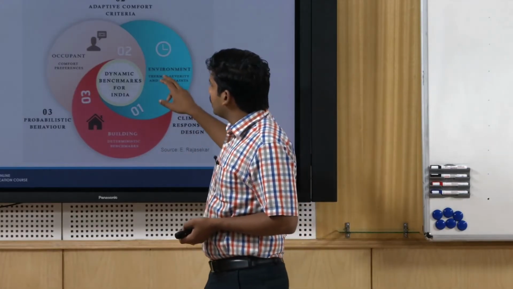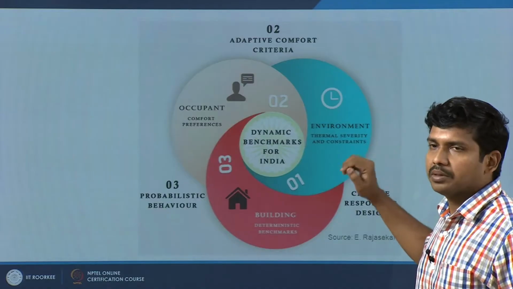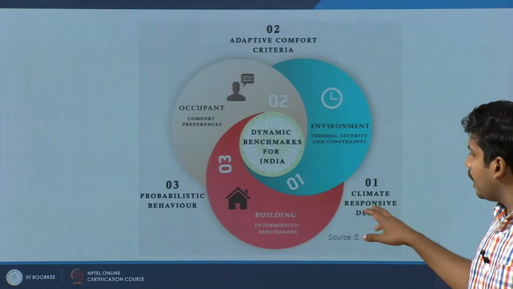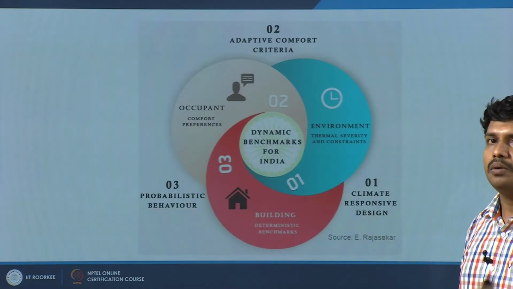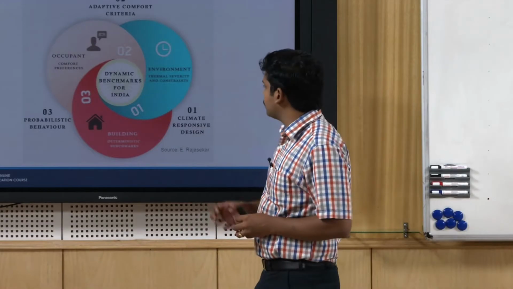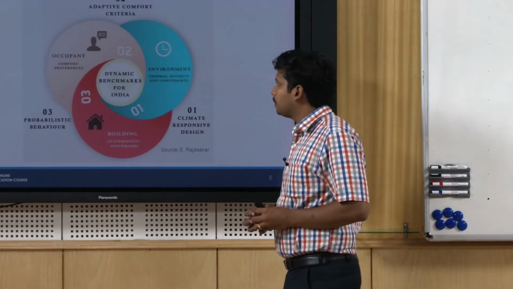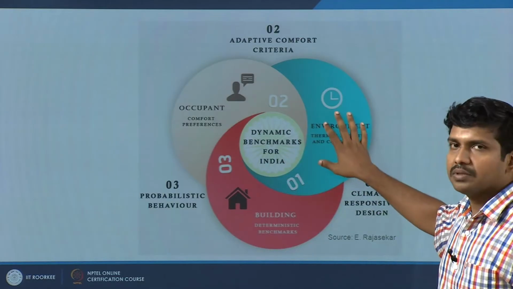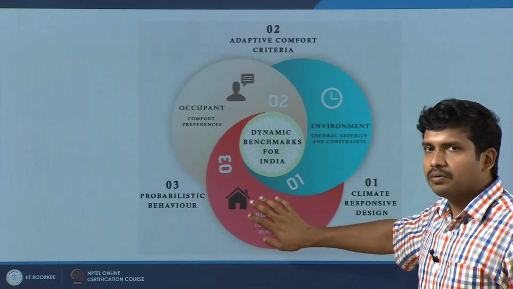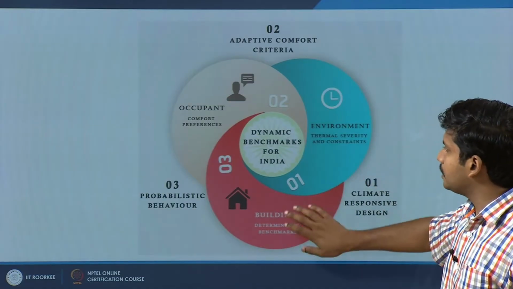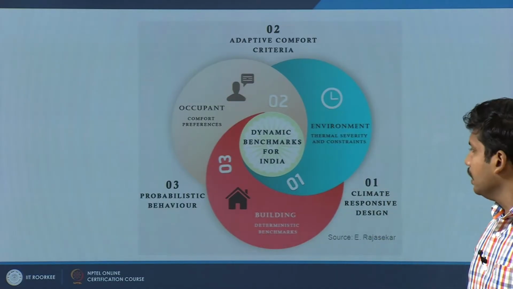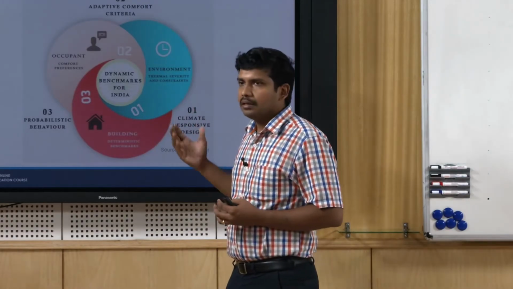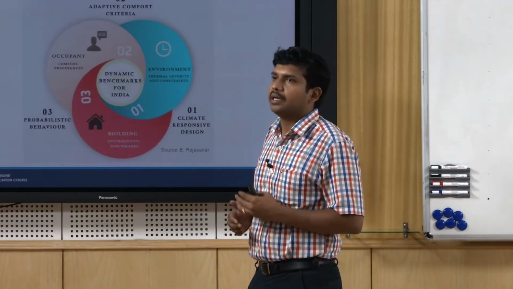Next part is how the building interacts with the environment. We will look at this interaction in more detail, but to put it briefly, we talk about climate responsive design. We did look at some vernacular principles which were being adapted to be more climate responsive. So there is a thermal severity in the environment for most climates. Then we design our buildings, and the building starts reacting with the environment. This is more or less a deterministic way of reaction, or eventually a cyclic phenomenon, it keeps happening.